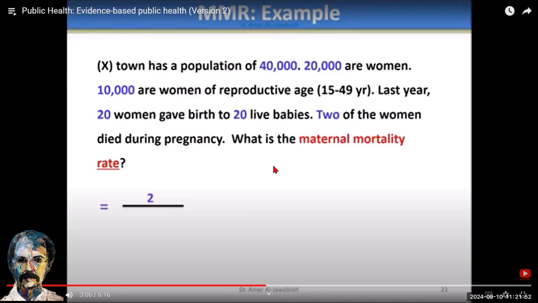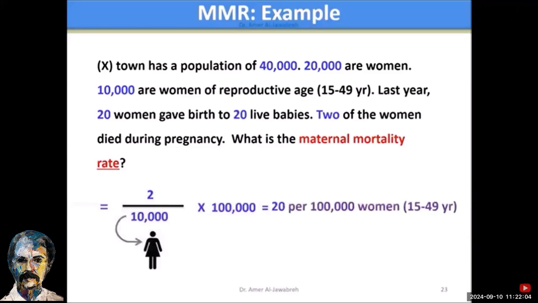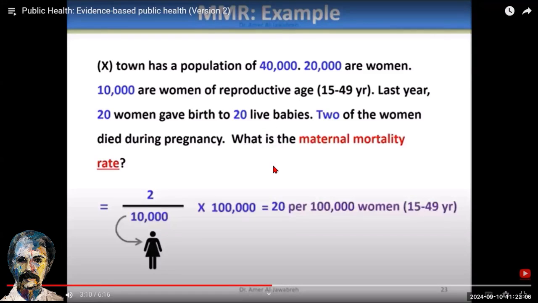So this is the first. 2, this is your numerator. Over 10,000, these are the women, and not any women, the women that can get pregnant. Okay? So 2 over 10,000 times 100,000. It's 20 per 100,000 women of childbearing age. Okay? That's one. If you go to ratio, which is most commonly used,